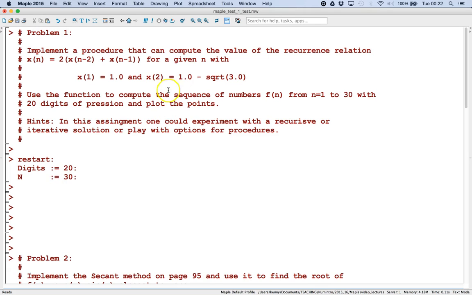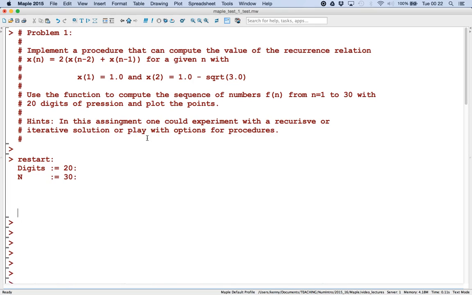Okay, then we have this recurrence relation, and it looks like something that could easily be implemented using a recursive function. So let's call that function f. I can do it like a procedure. It's going to take n as input, like this. I'm going to end it like that, and then we're going to say if n is equal to, let's see, 2,